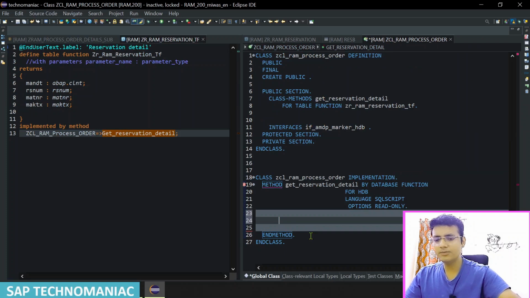And what I will do, I will select the data as of now from one table. I'm not selecting from multiple tables, and I will try to replicate this. Select